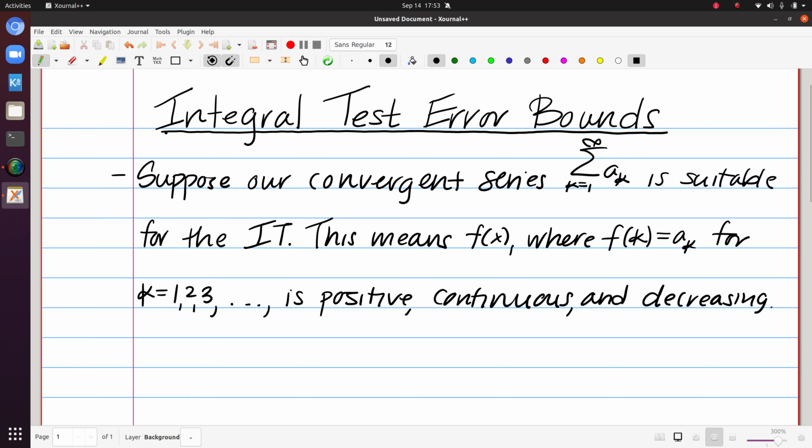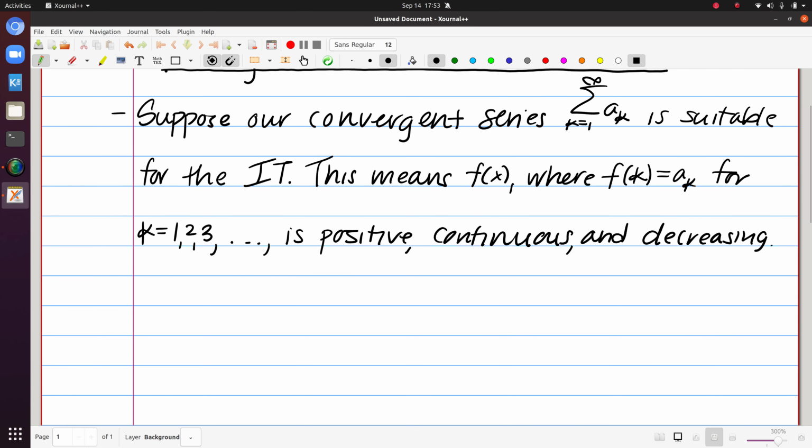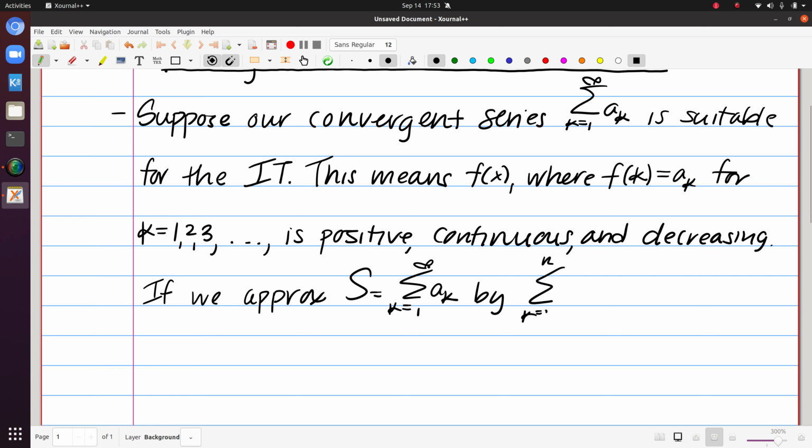We also saw that with the integral test, when I can show that my series converges, I can't find the sum of the series through that test. So the next best thing is to try and approximate the sum of the series. So if we approximate the sum, let's call it S again, so that's the sum of the whole series, and if we approximate it by the sum of the first n terms, which we call S sub n,